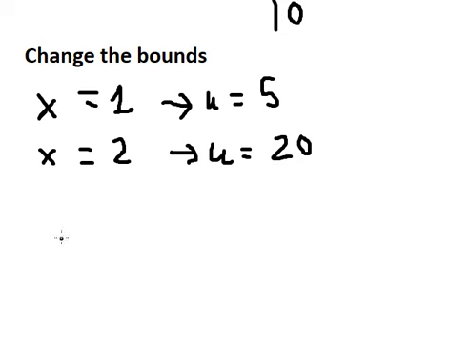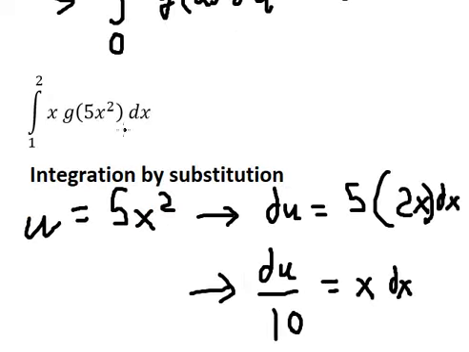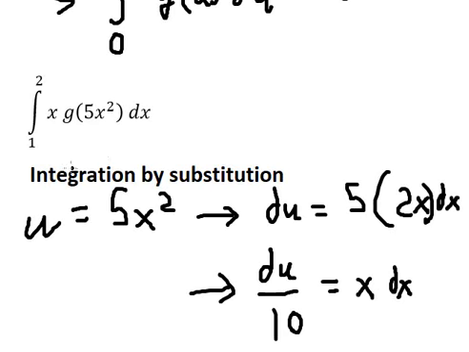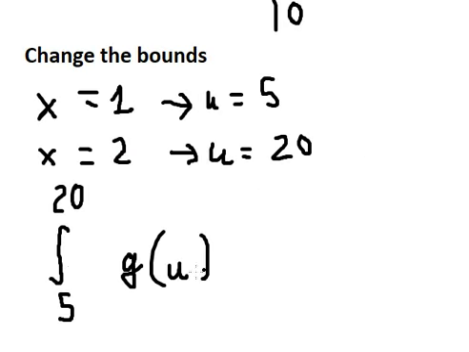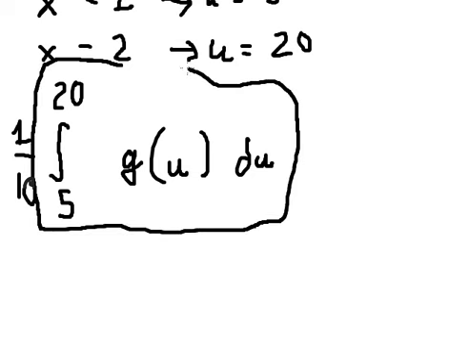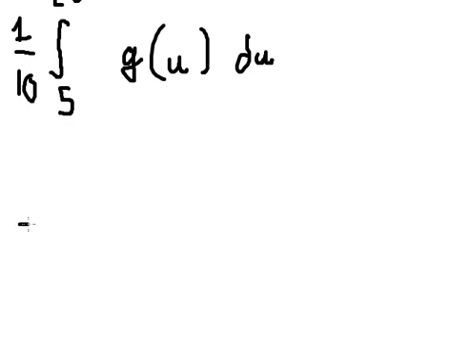And now we have the integration from 5 to 20. The 5s squared we change to u, and the s ds we change to u over 10. So we need to find this integration from 5 to 20. To do this one,